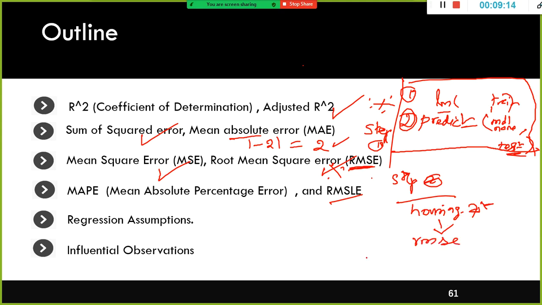Then we created another model, housing.fit1. Here we did some feature selection, excluded the insignificant features, fitted this model, and computed the RMSE for this also.